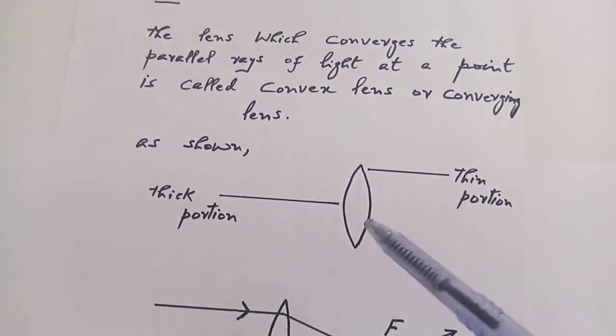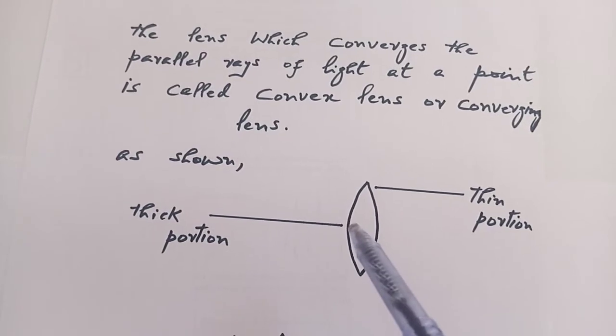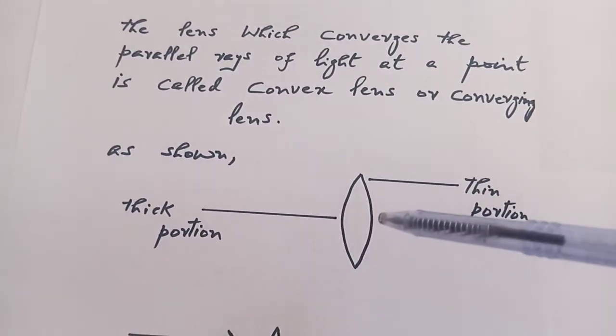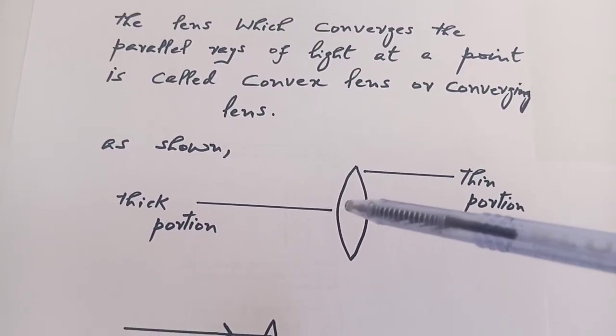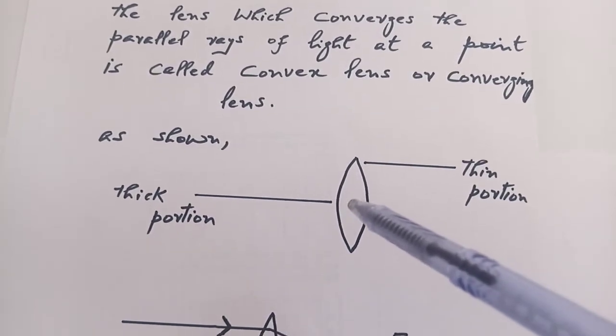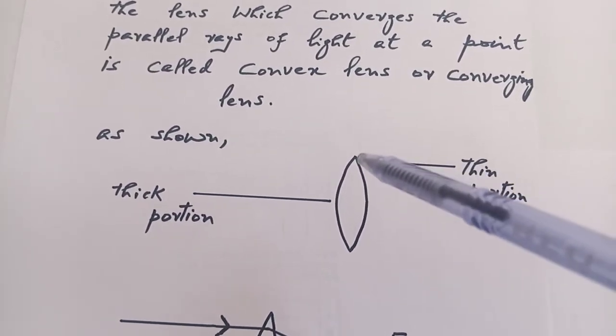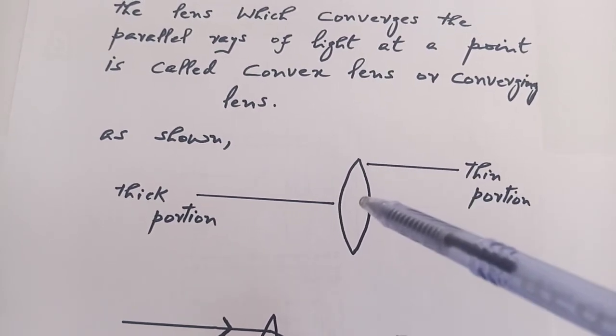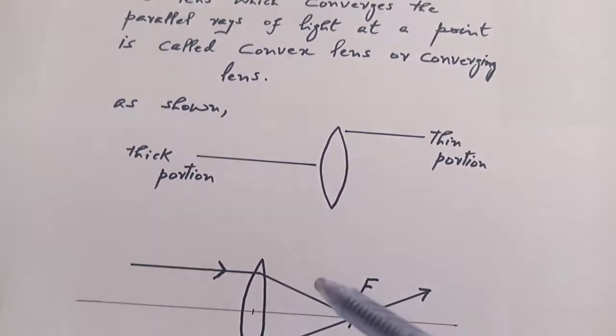Now, this is a convex lens. According to the first definition, the central point is thick. This is a thick portion and this is a thin portion. At the center it is thick, but at the edges it is thin. So it is a convex lens. And according to the second definition,